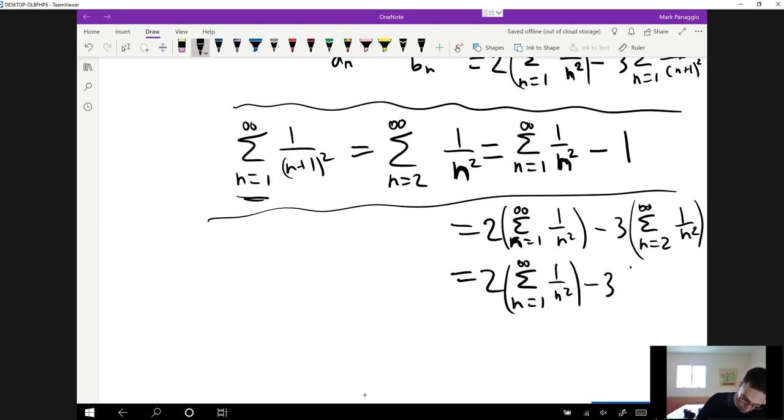So the second term can be written as the sum from n equals 1 to infinity of 1 over n squared minus 1, where we're just subtracting 1 to remove the first term. It's kind of like we put it back in since it was missing in the line above, and then we took it back out again. So the net effect is it's exactly the same as what we had in the previous line. And now we can do a little bit of cancellation here. Notice we have 2 of the sum minus 3 of the sum. So our final answer is going to be minus the sum from n equals 1 to infinity of 1 over